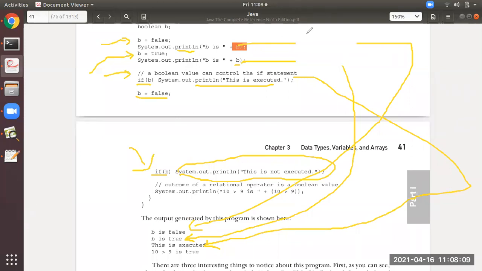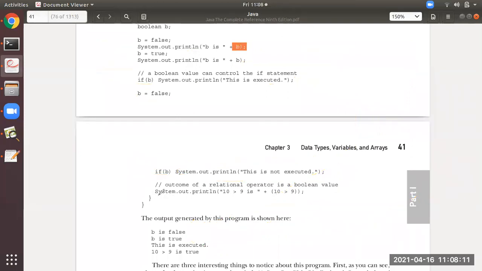After that, this is a statement which will be printed. But please try to observe what it consists of. In this println, inside double quotes, "10 greater than 9 is" will be printed as it is. But observe here in the parentheses, it has the relational operator between 10 and 9.